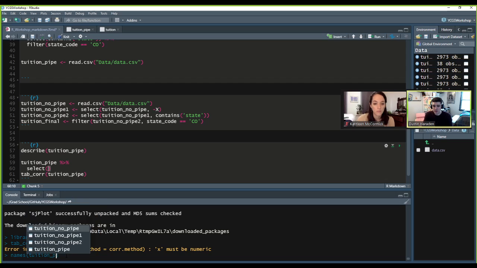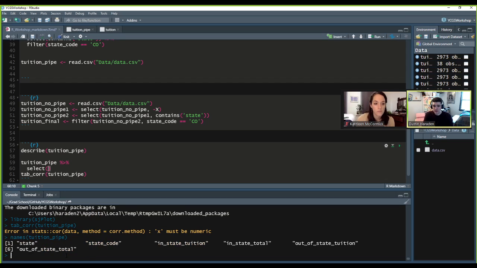So tuition_pipe. And we don't want state or state code. So instead of saying minus those, I'm just going to say select from in-state tuition